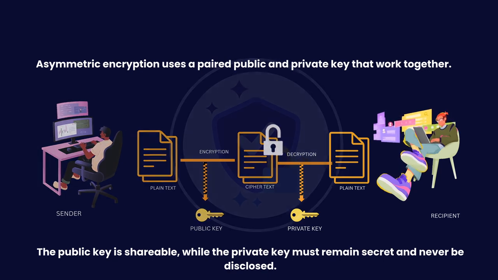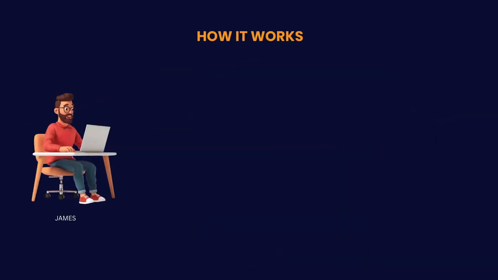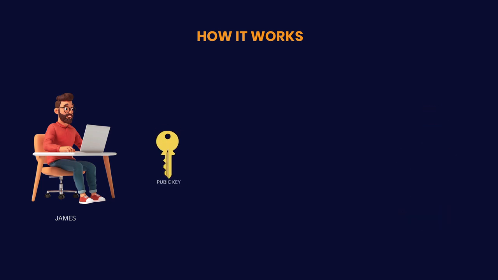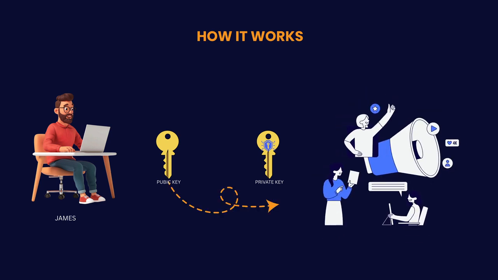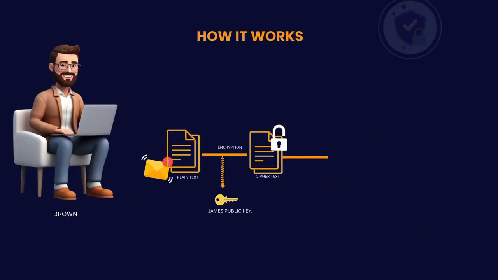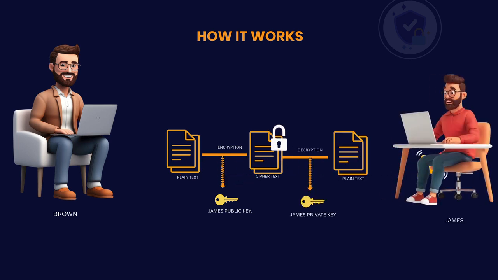All right, let's give an example of how it works. Let's say you have a guy named James and you have a guy named Mr. Brown. James creates a key pair, one public and one private. James keeps his private key secret. James then shares his public key with the world. Mr. Brown wants to send James a message, so he uses James' public key to encrypt the message. Mr. Brown then sends the encrypted message to James. Once James receives it, he's the only one that can decrypt that message because he's the only one with his